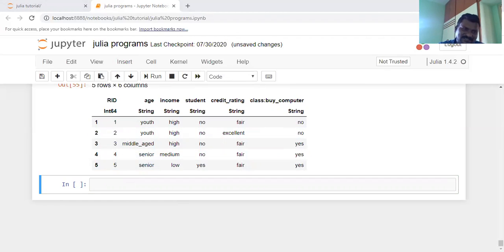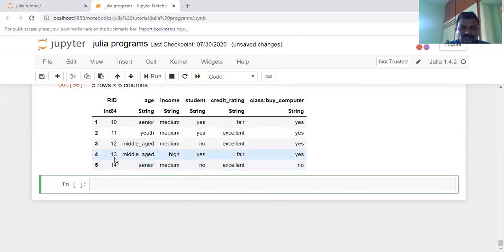The head means the first 5 rows. Here I need only the tail. Tail means the bottom rows, the bottom information. I need the bottom 5 rows. To get the bottom 5 rows, use tail of df, 5 rows. Here are the bottom 5 rows, the 14th row, 13th row. Totally you have 14 rows. In this way you will get the bottom 5 rows. That is the way. Next, the size of the data frame.